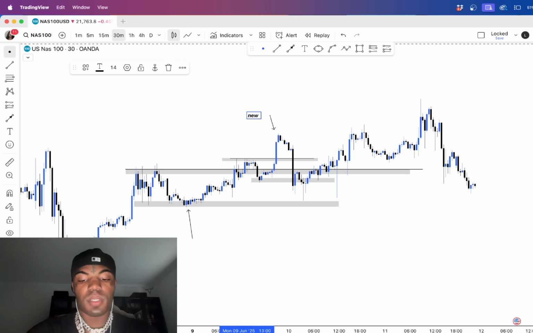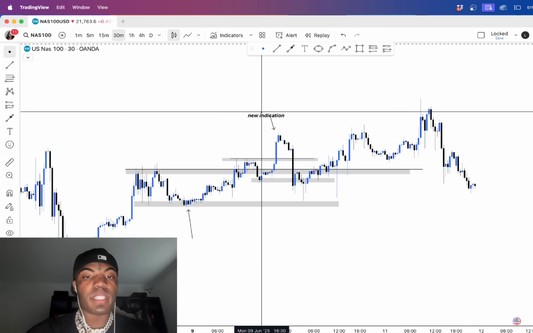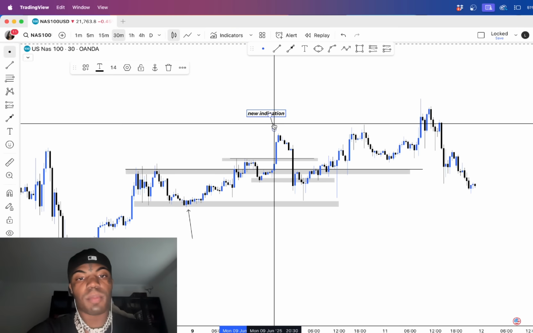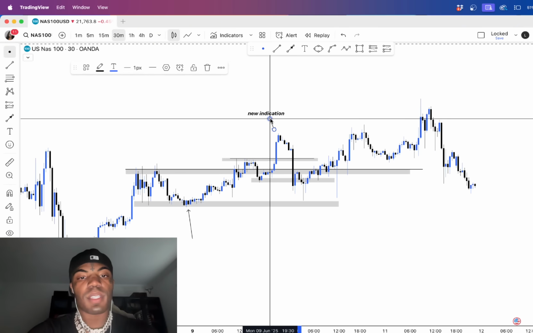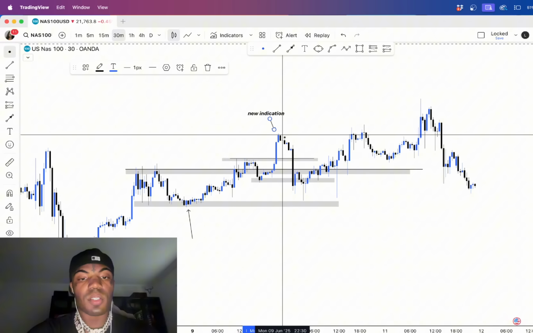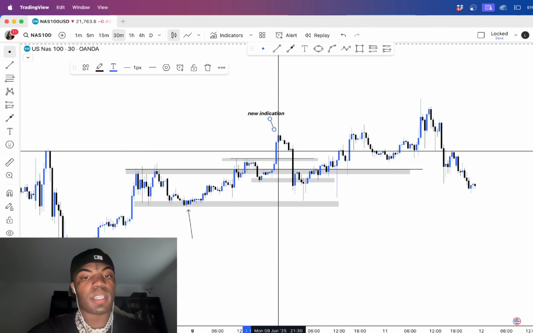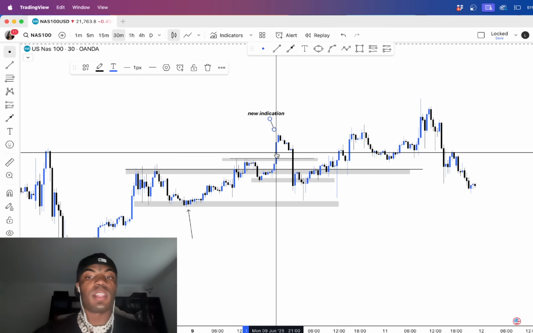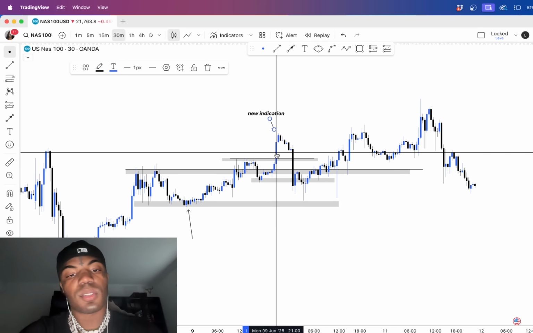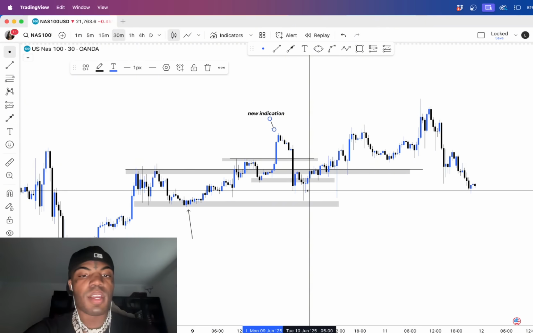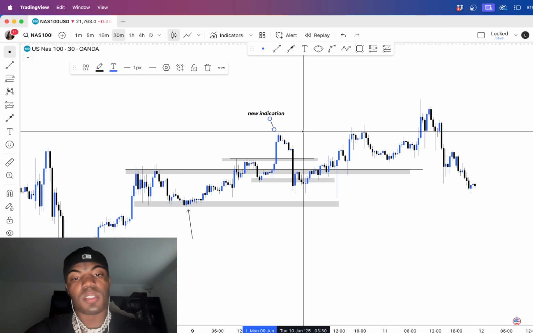A new indication will cause price to drop dramatically or drop in a certain way because of all that liquidity that the market can grab. If it sees that a lot of people are getting into the markets on a breakout, then price is going to make a subtle movement in the opposite direction to wipe out as much money as possible. And also, this was news as well, but